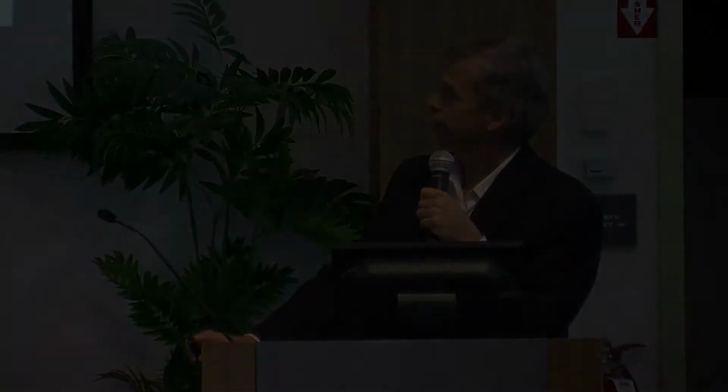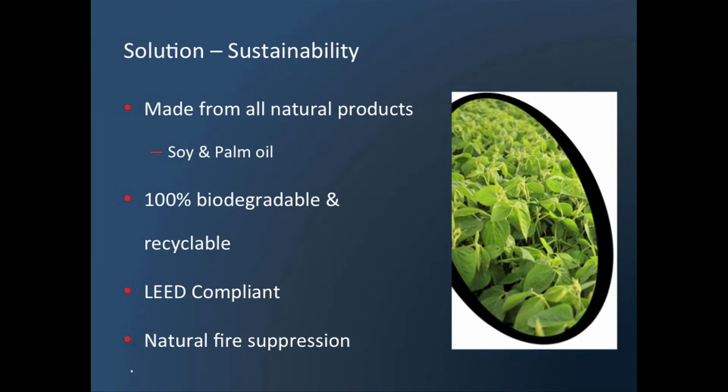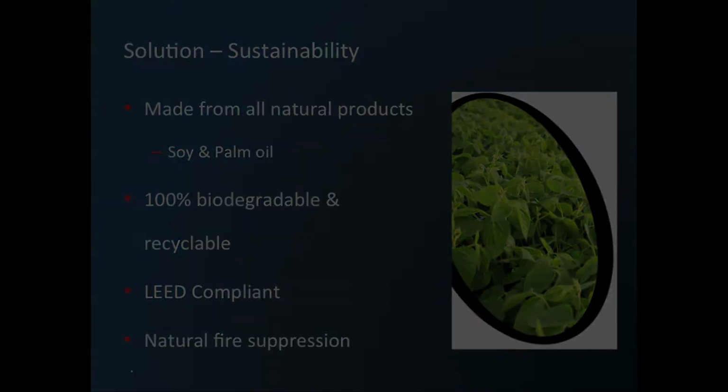Some of the sustainable natures of the product: it's all made from natural products, primarily soy and palm oil. It is 100% biodegradable, LEED compliant, and it is naturally a fire suppressing product. The soy and palm oil might be important to some of you that know the history of phase